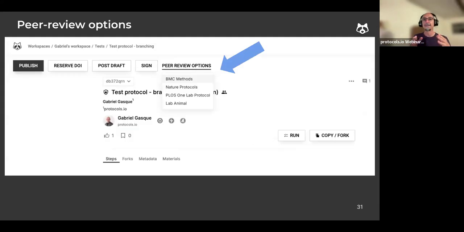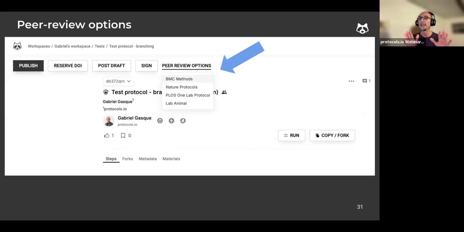The idea is that your protocol published in protocols.io can be submitted to BMC Methods, Nature Protocols, PLOS ONE, or Lab Animal for peer review and eventual publication as a methodological paper.